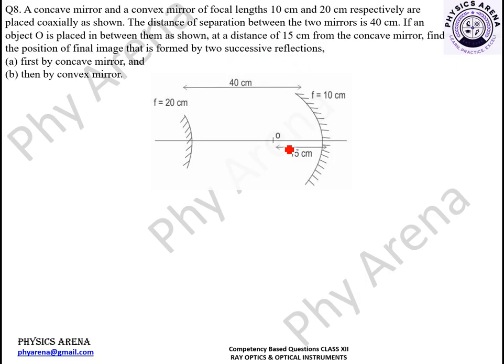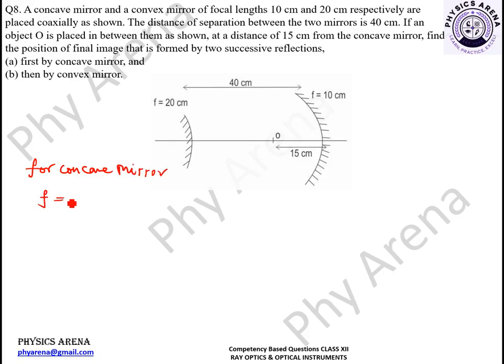So one image is formed by the concave mirror, then one image is formed by the convex mirror. So we need to find the position of the images formed by both the mirrors respectively. So let's try to solve it out. First solve for the concave mirror. So for the concave mirror,